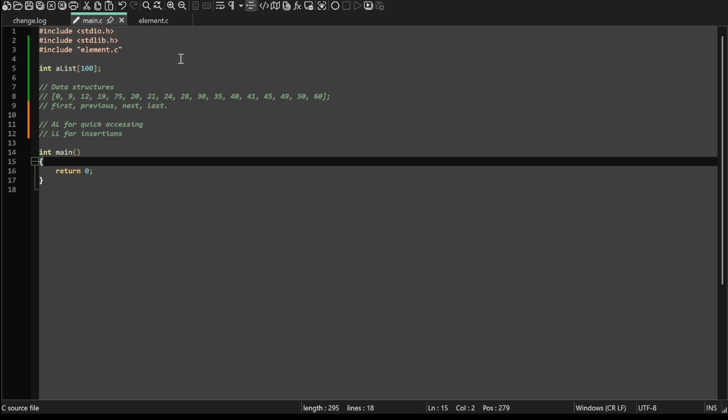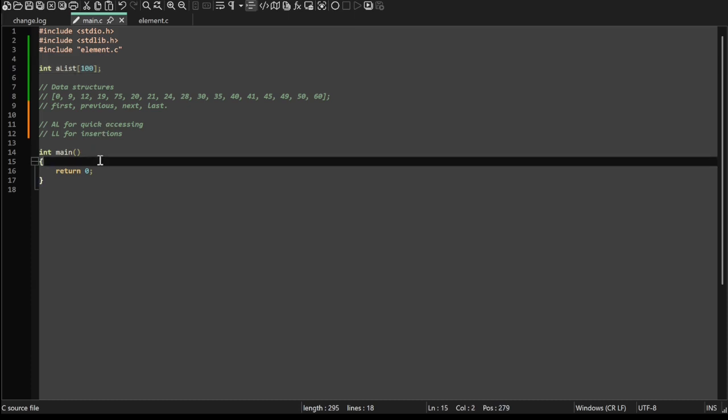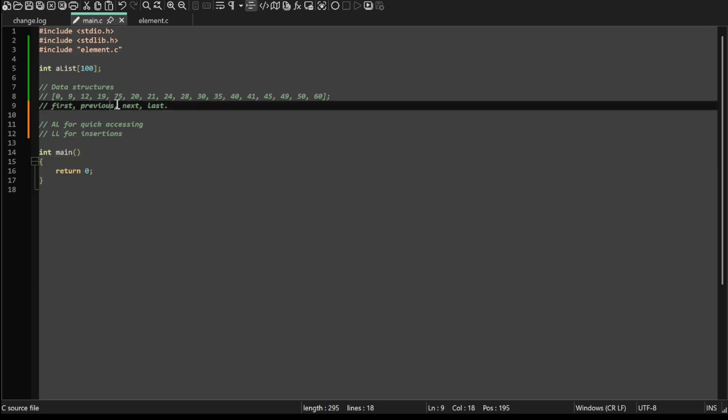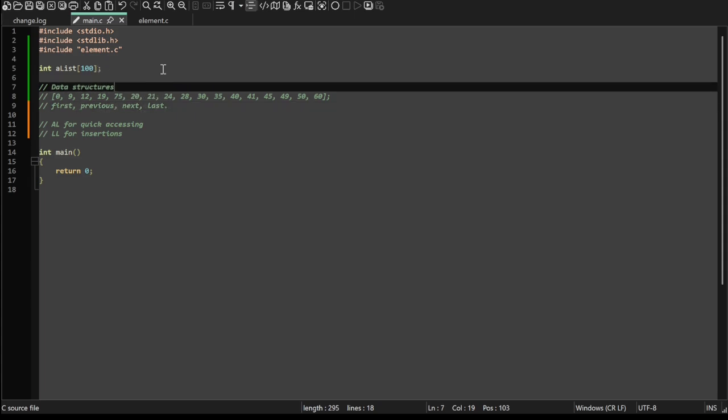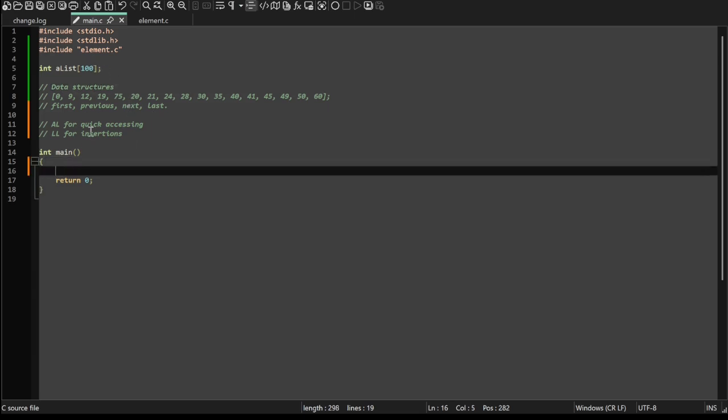Alright, so over here you see we have an array called A list, and it's an integer array, 100. Since programs generally run each instruction pretty quickly, it only becomes a problem if we're working with really large arrays that contain, let's say, thousands or even millions of elements, which in that case, it's going to need some better methods. So as of now, we're just going to stick to a small array